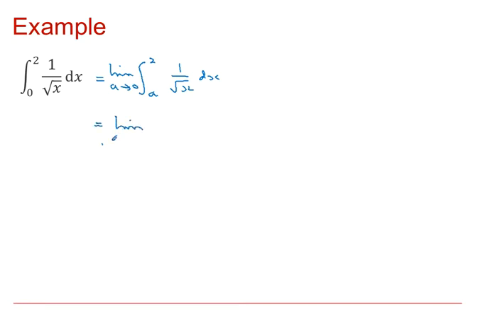So this is the limit of a tends to 0, and if we integrate 1 over root x, we get 2 root x from a to 2, and then if we sub the limits in, we get 2 root 2 for the top limit minus 2 root a for the bottom limit,